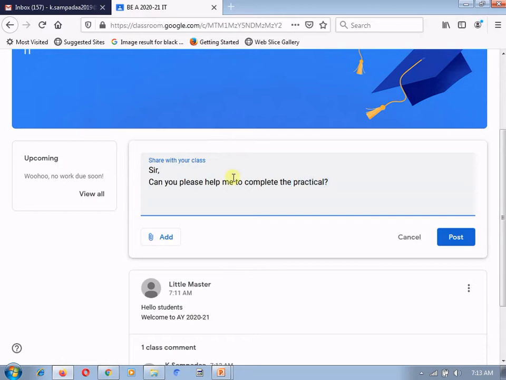If you are having any query, or the student is not able to solve something, you can add a photo of that query. If you have a screenshot, or a photograph of the work you have done on paper in your notebook, you can take that photograph and upload it.